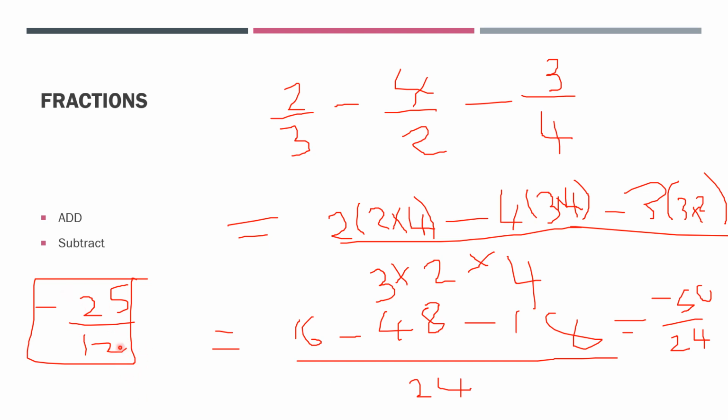So when you put the numbers in your calculator to check, it's going to be 2 over 3 subtract 4 over 2 subtract now 3 over 4. The answer should be negative 25 over 12. Okay,